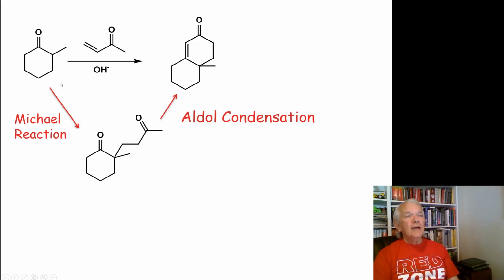It's 2 steps. First, you do a Michael reaction, and then you do an Aldol condensation. And this 2-step reaction ends up adding a 6-membered ring to the side of another one. And an annulation, that's what the word annulation means. It means basically adding a ring to an existing molecule. So we've added